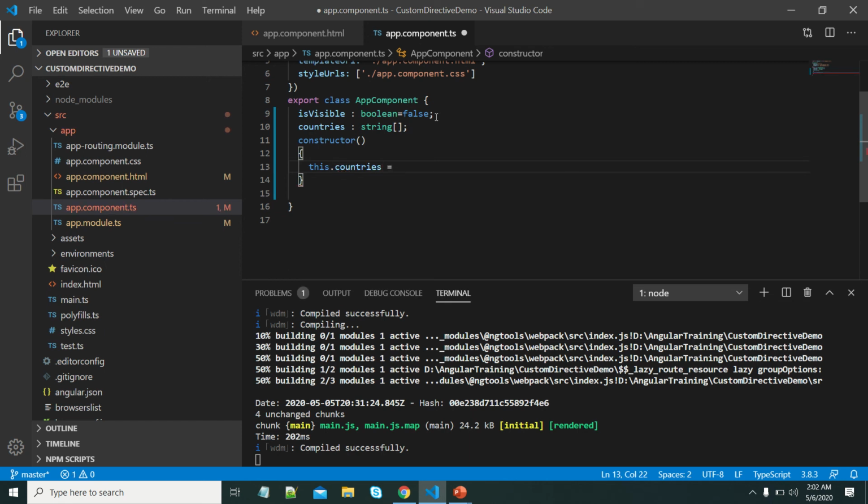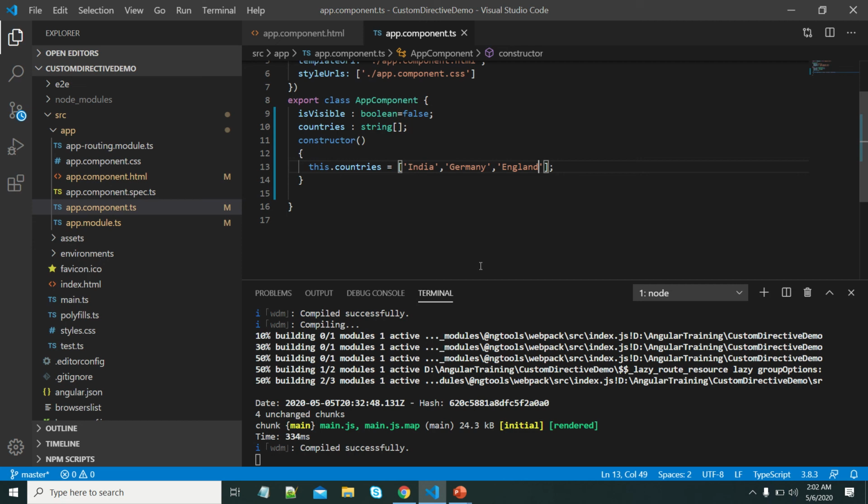Okay, it is expecting a set of string values. Let me add some string values, some country values.